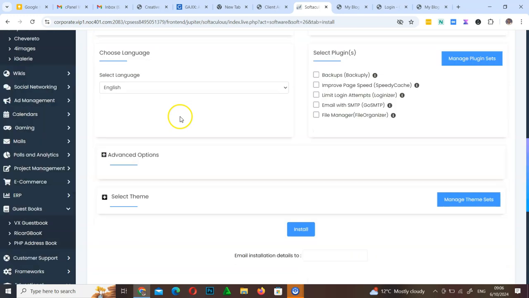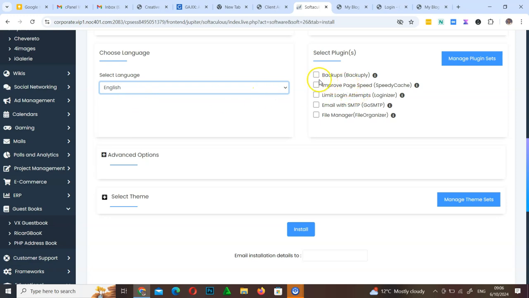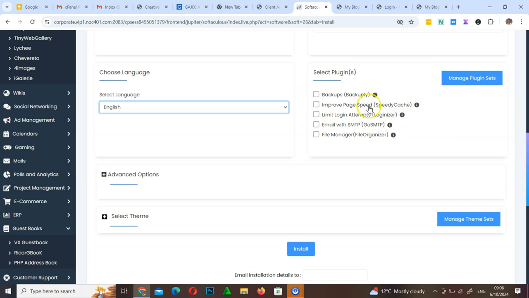And then here you have an option to choose a language. Of course, choose a language that you prefer. I'm just going to go with English. And then backups, plugins. This one you don't have to worry about, because we're going to be talking about plugins at a later stage. And then advanced options,